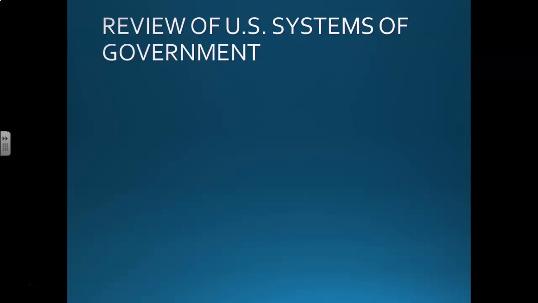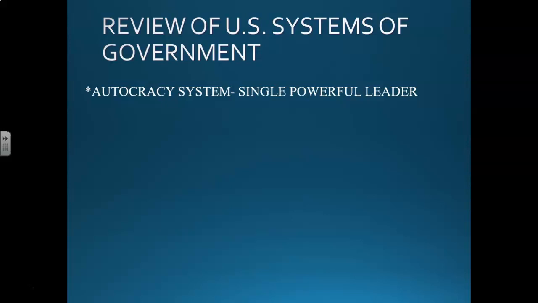So this is a review of the governments that we've been under throughout our history. We started off under an autocratic system with the monarch of Great Britain, a single powerful leader, so one person in charge. A pound cake is a single hunk of butter cake, basically. The pound cake refers to the autocrat in that they're both single cakes. They're just one large cake, or one small cake if you're getting the Sara Lee pound cakes that I used to serve in class. So that's just the connection there.